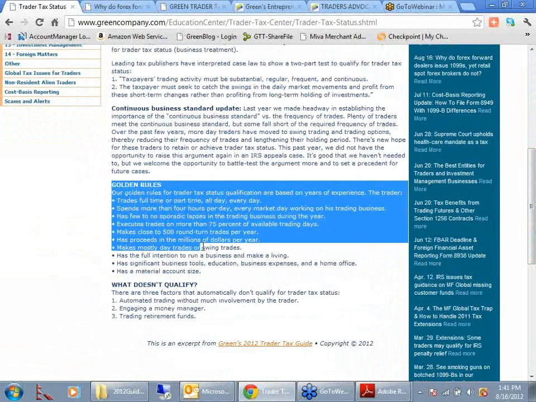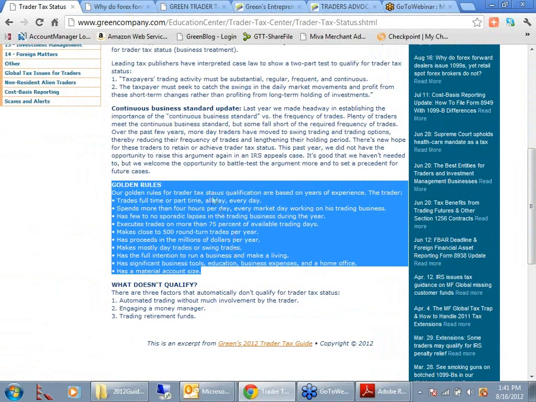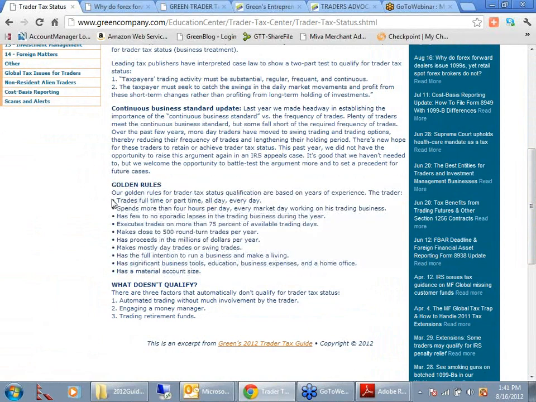When you're part-time, I almost think the bar is raised. So let's look at these golden rules. Trades full-time or part-time, all day, every day. Spends more than 4 hours per day every market day working on his trading business, has few to no sporadic lapses in trading business, executes trades on more than 75% of available trading days, 3 to 4 days a week, makes close to 500 round-turn trades per year on an annualized basis, has proceeds in the millions of dollars,